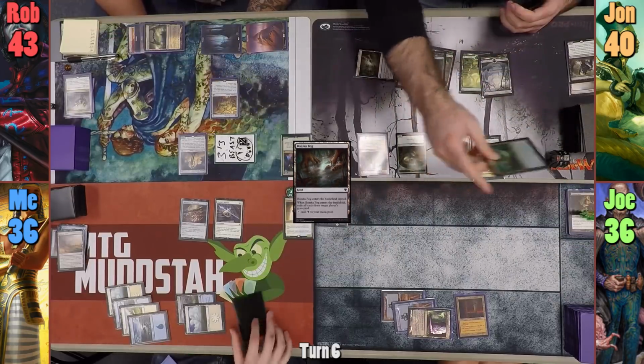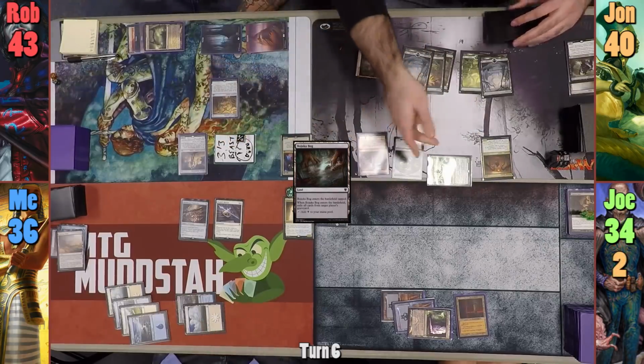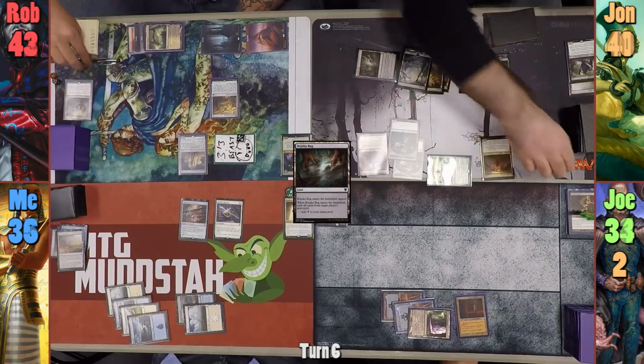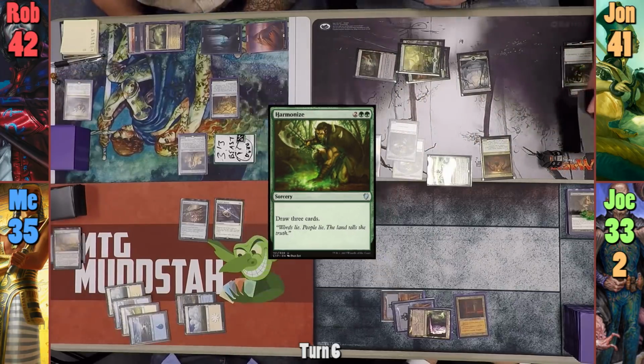He then swings Hapatra at Joe, and upon connecting, gets to put a -1/-1 counter on Rob's beast. This gives Jonathan another snake, and he gets to drain everyone for 1 again. Jonathan then casts Harmonize to draw 3, and discards a card at the end of his turn before passing to